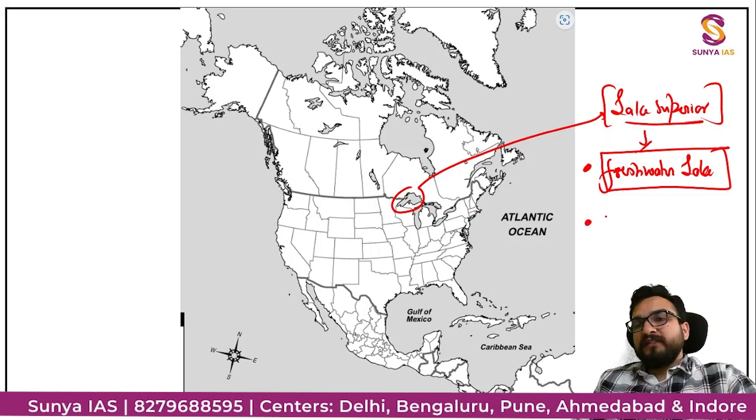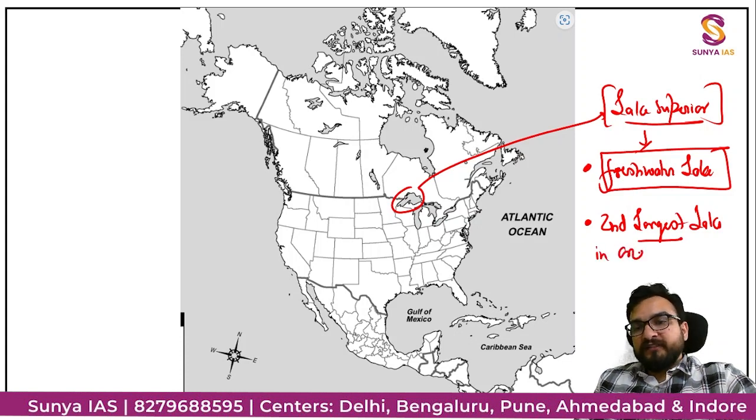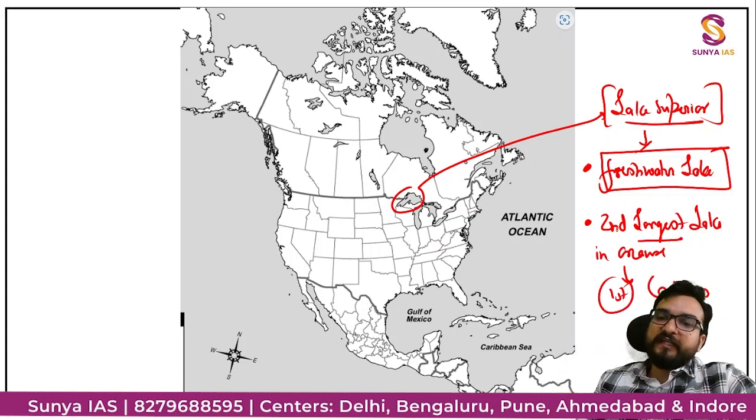Second point, you try to understand that it is the second largest lake. Doesn't matter freshwater, doesn't matter brackish water. This is the largest lake area-wise. After that, who will be at first number? Caspian, guys. You will see it when we understand Asia; then we will say Caspian Sea, but it is a lake only. Caspian is the largest lake, whereas second largest is Lake Superior, guys.